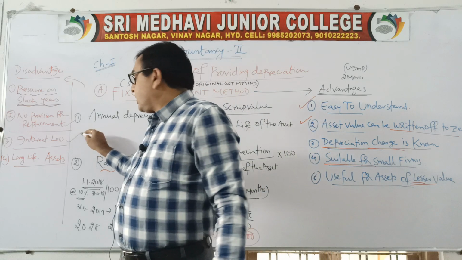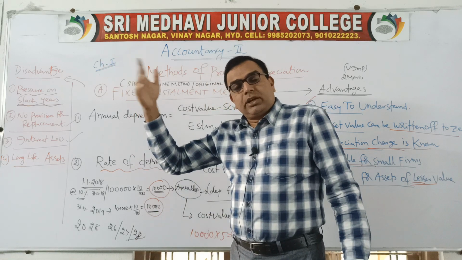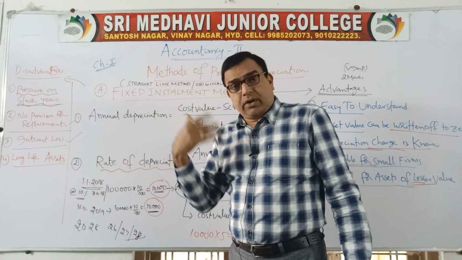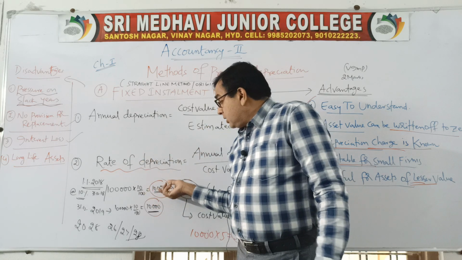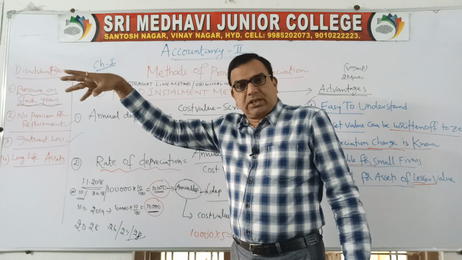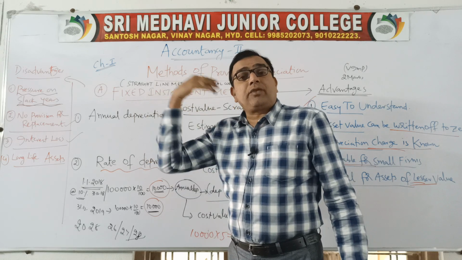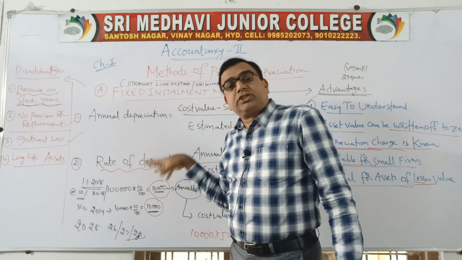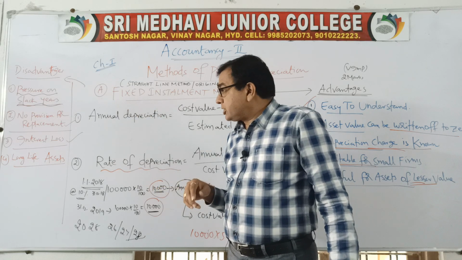Then, interest loss. Whatever amount of depreciation you are providing here, if this is invested somewhere else, if this is deposited, like we do in the sinking fund method and depreciation fund method, which we have in other methods at CPT level or at graduation, you will learn all those methods. Where the amount of depreciation we have provided is deposited or invested somewhere else, we get interest every year. That will be useful to acquire the new asset at the end of a certain time period. But unfortunately here in fixed installment method, we are not investing this amount. That is the reason we are losing the interest.